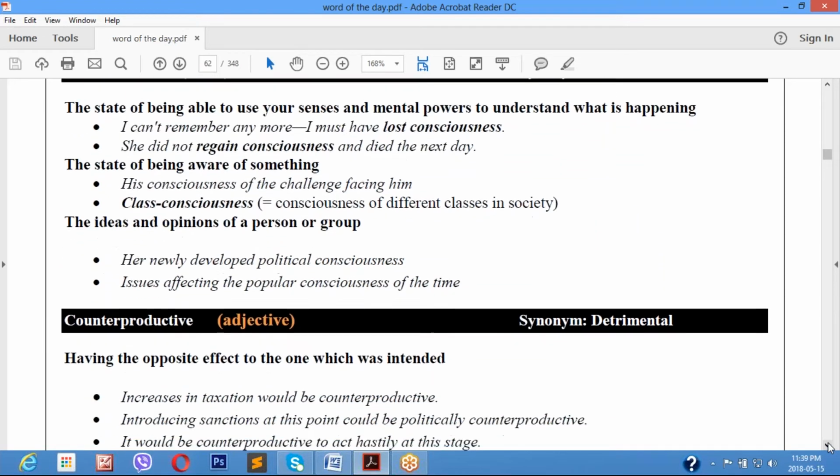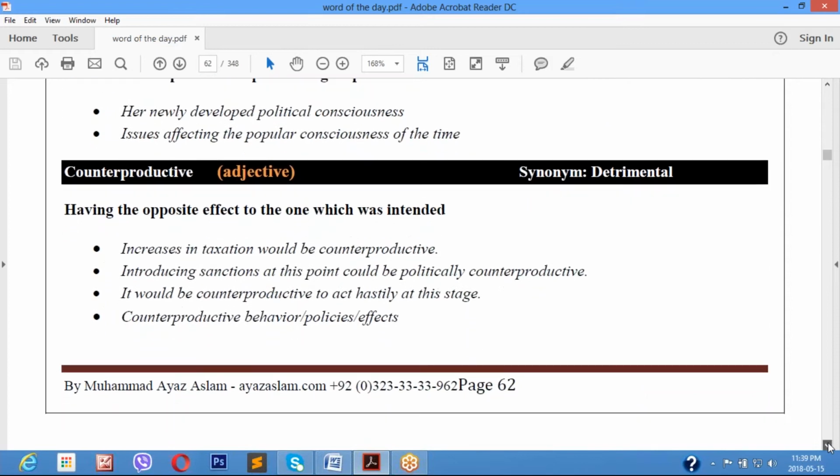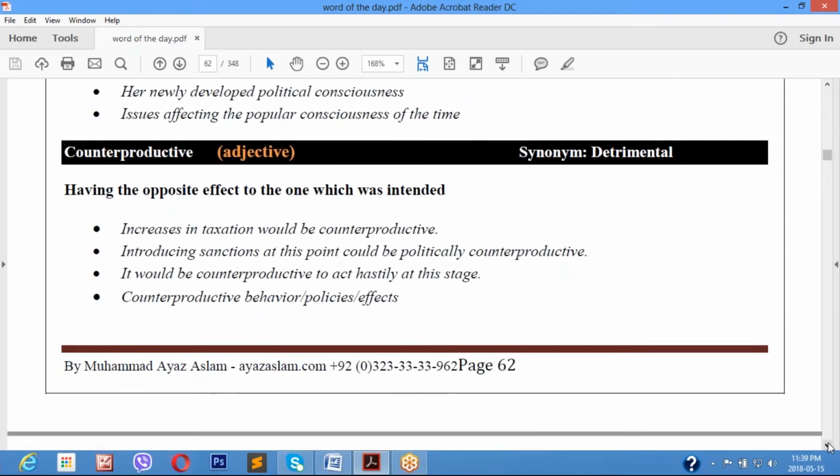So counterproductive, detrimental, having the opposite effect to the one which was intended, किसी चीज का उल्टा असर होना जो हम सोच रहे हैं. Counterproductive. Increase in taxation would be counterproductive. तो टैक्सेशन में अगर हमने इजाफा किया तो इसका नेगेटिव असर पड़ेगा।